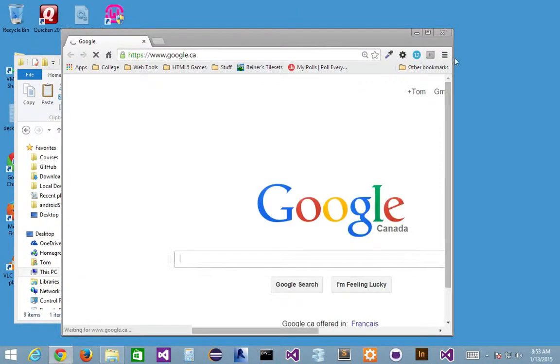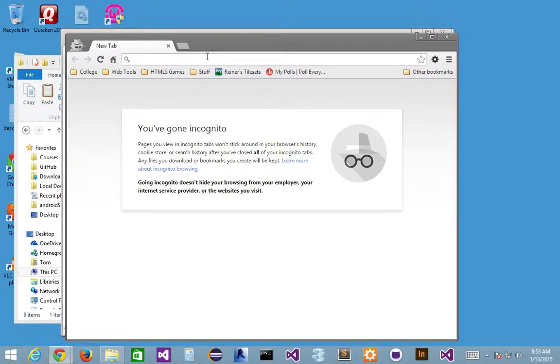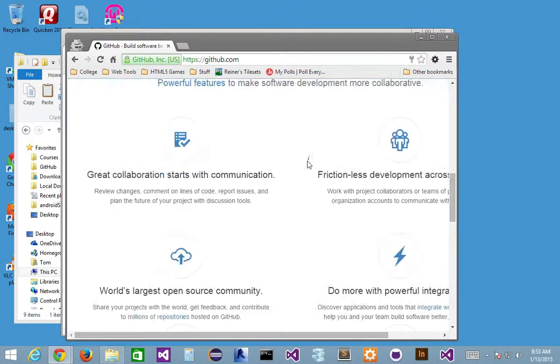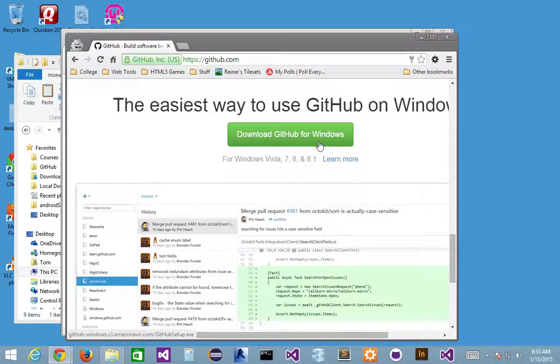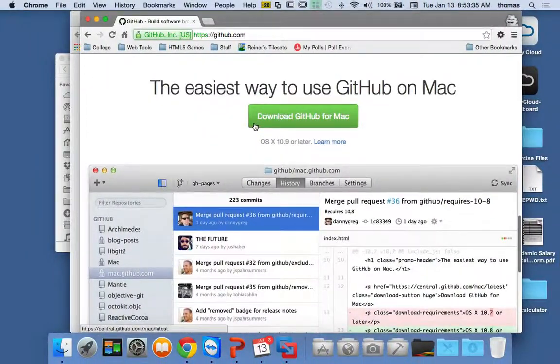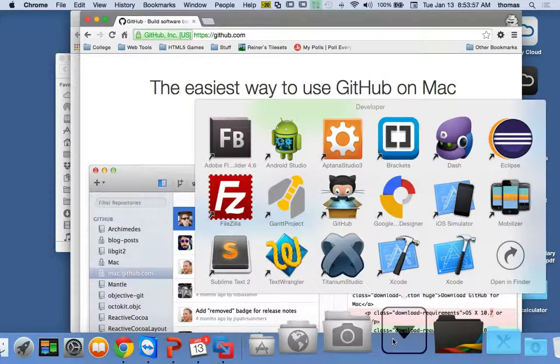And I'm just going to go into GitHub on this side to show you that it's kind of the same thing. I'll go into incognito mode on the Windows side. And again, it kind of detects how I'm coming into GitHub. And on the bottom, if you notice now, it'll say, hey, download GitHub for Windows. So whether it's Windows or whether it's Mac or whether it's Linux, Linux has its own little one. It's not the same in terms of how it comes down from their site. They have other ones that you can download through their software downloading tools. But for Mac, and if I was to download the GitHub client as an example, I think